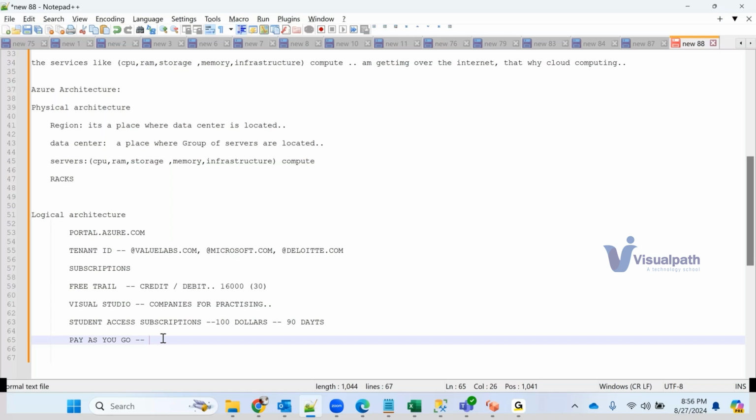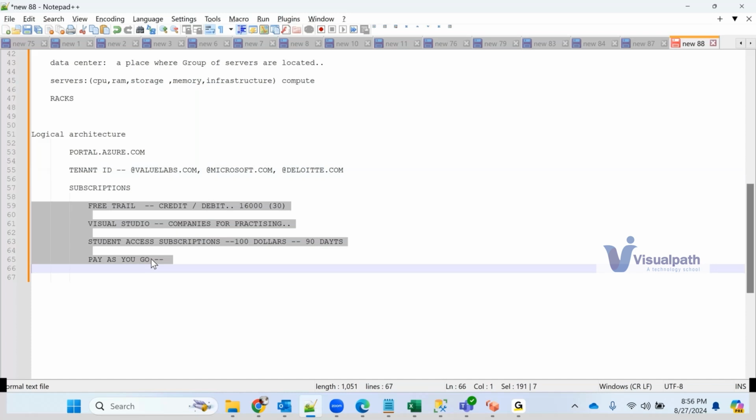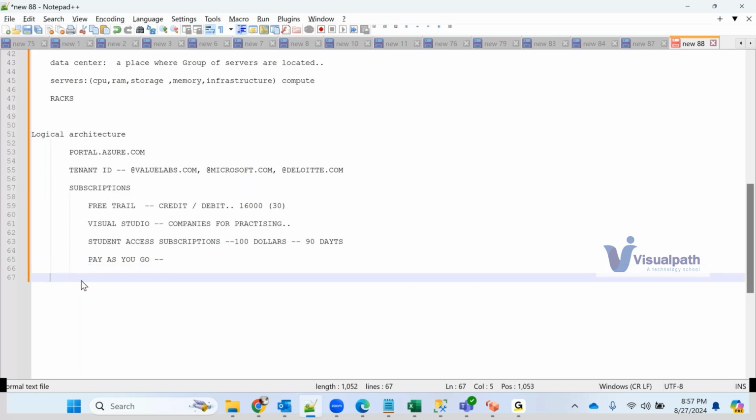And next, under the architecture, we said tenant ID, subscription. So all these things will be under subscription. Now let me go with another thing. We call it as resource groups. Resource groups. What are these resource groups? Resource groups,